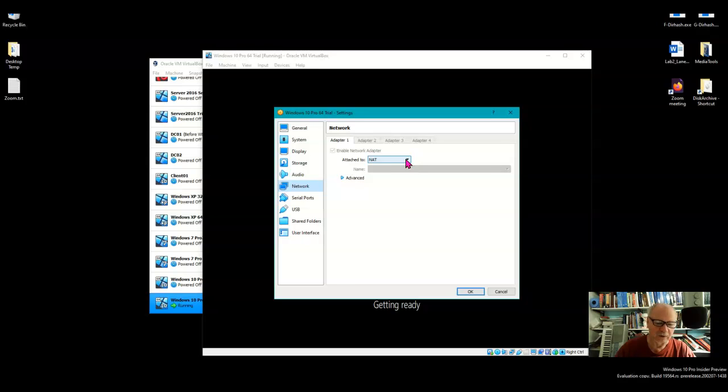Now, if I don't want it to be able to get out to the internet, let's say I have several machines like this. In this case, I've got two domain controllers and a client. Well, these are all set to internal network, which means they cannot get out to the internet, but they can talk to each other. Now, I'm not going to go through all of these right now because that's not the point of this video, but leave it on NAT if you want to be able to get to the internet